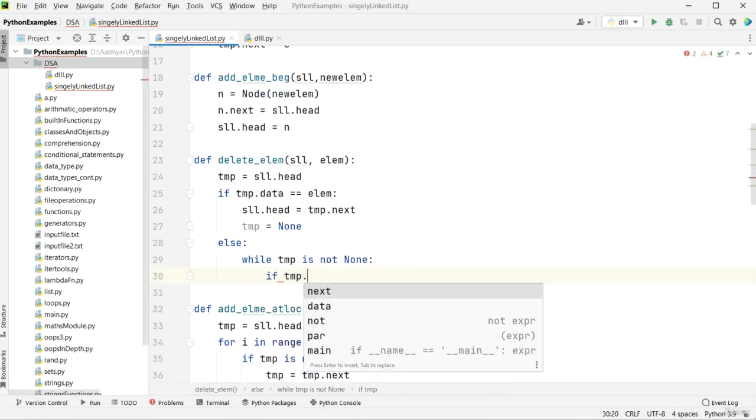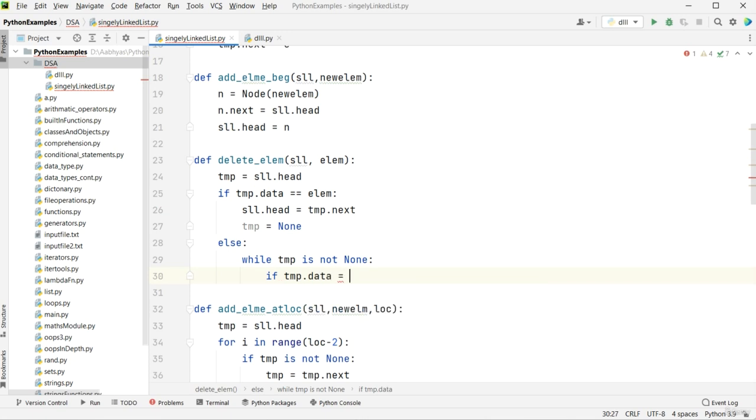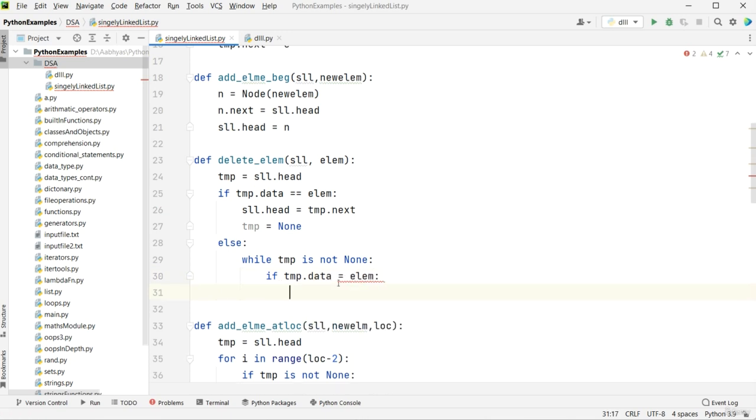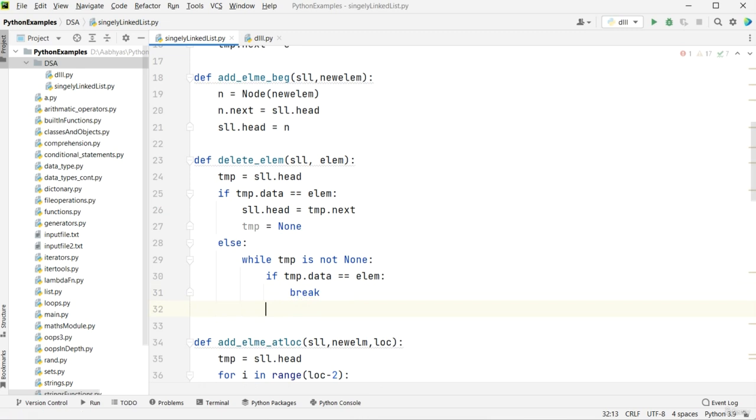If temp.data is the element, if we found the element in between, then what will we do? We will break the loop. We will write here break. Now to store the position of the current pointer, I will create a before pointer which will be pointing to the temp,